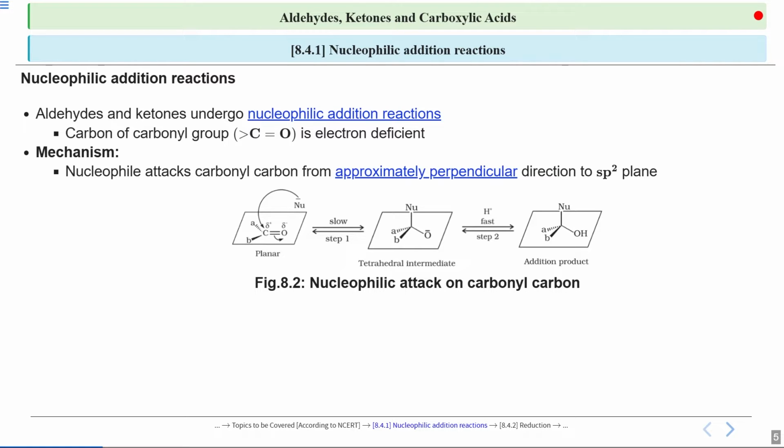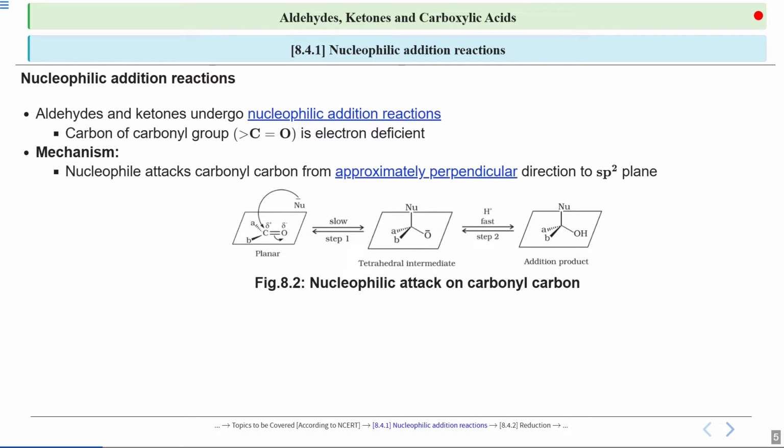Okay. So if you see this planar structure in the diagram, you will see over here this is a carbonyl group which is in plane. So a nucleophile comes and attacks perpendicular to the plane of the carbonyl group. So see, it will attack like this. This plane is perpendicular. You can understand it more easily, like think of a flat piece of paper. You have a flat piece of paper where the nucleophile can come in from above or below. So it will give you a better understanding. So the nucleophile will attack the carbonyl carbon approximately perpendicular to the sp2 plane.